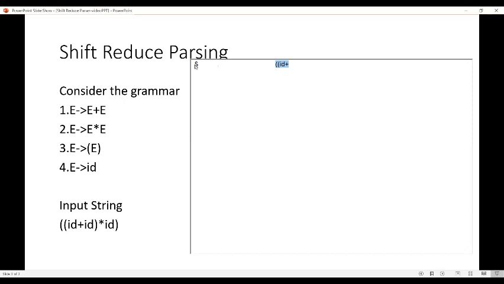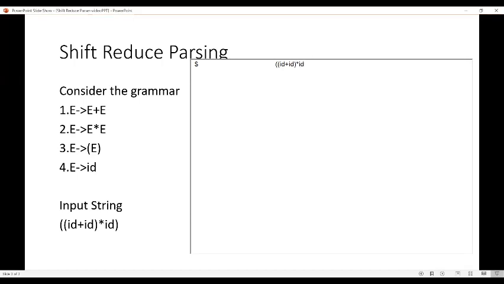Initially the stack is given with the symbol $. The buffer is stored with the input string, (id plus id) into id.